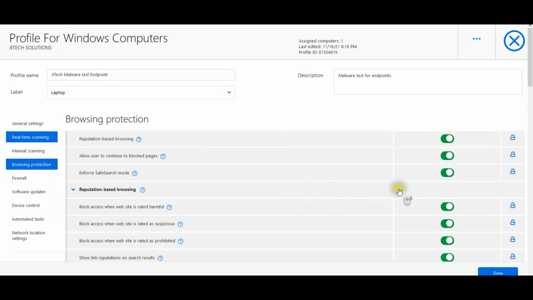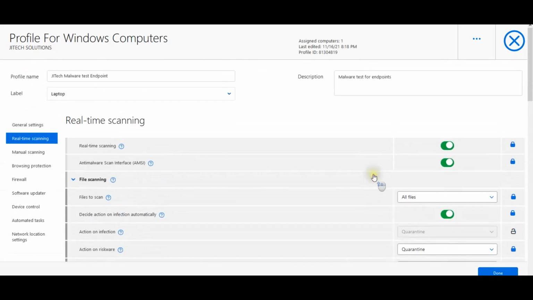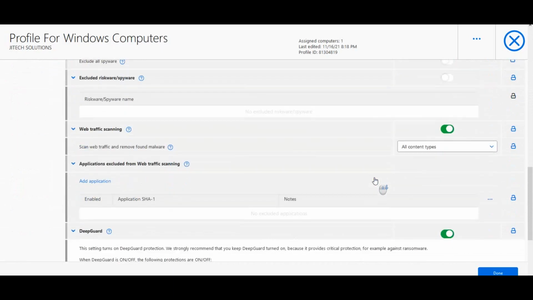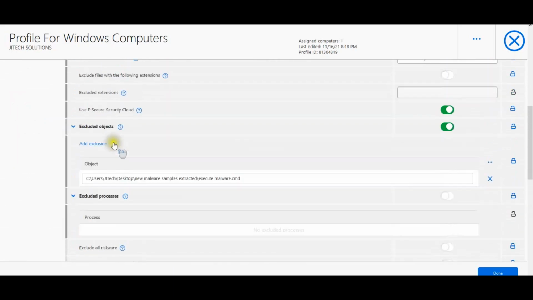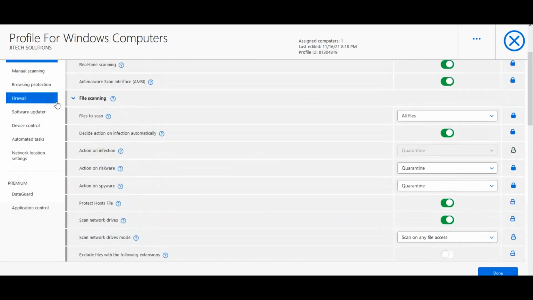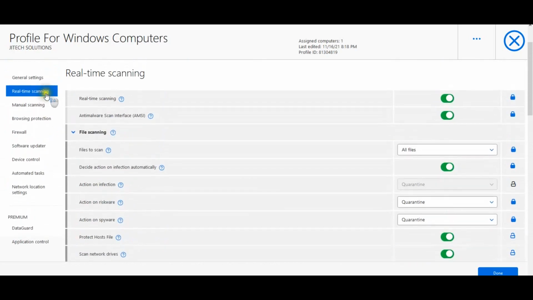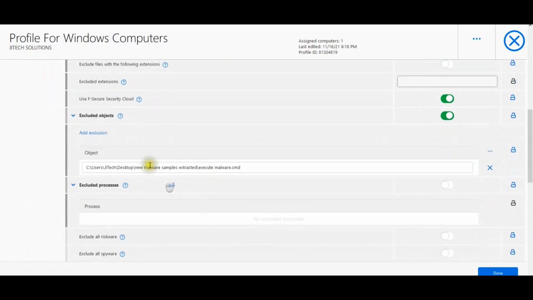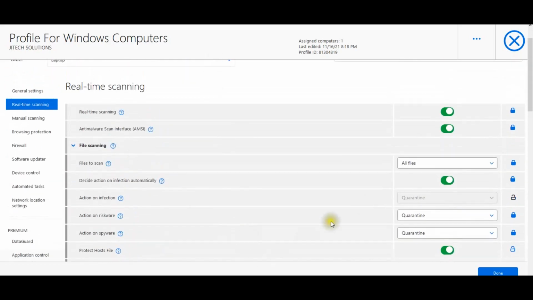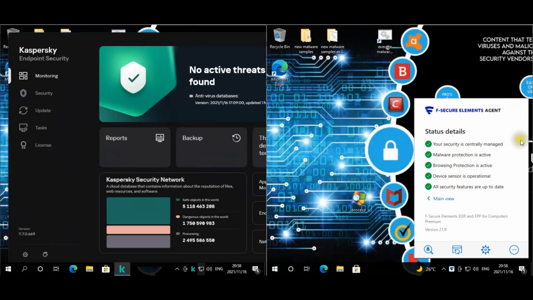So just a quick glance at settings and kind of how it looks for F-Secure. I do prefer it more. There's a lot more that you can change, enable, exclude. Kaspersky, not that much. It's almost like you can do more from the endpoint than what you can do from the dashboard. So you've got your browsing protection, firewalls, and etc. But I do like F-Secure a little bit more. Okay, so now to jump back to the machines,